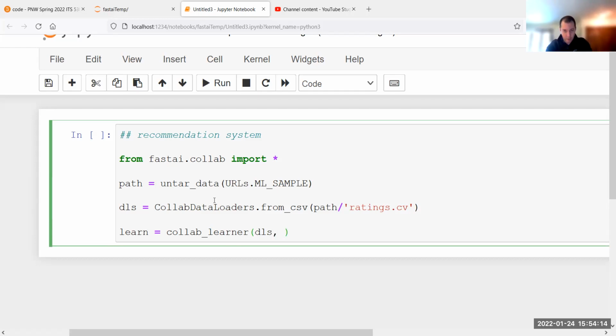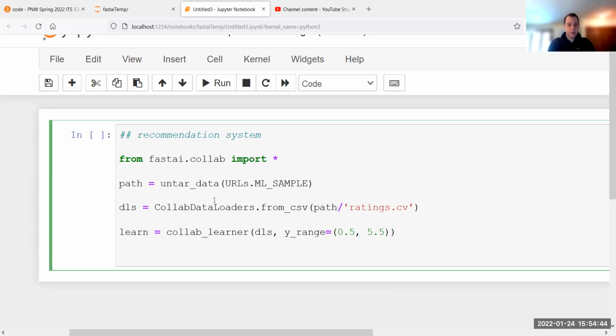And now we need to specify, because this predicts ratings, it doesn't predict classes. So this is going to predict a y_range output that we can specify. So we just say from 0.5 to about 5.5, I think it is. Yeah, and that's the rating scale that we're going to be using here.